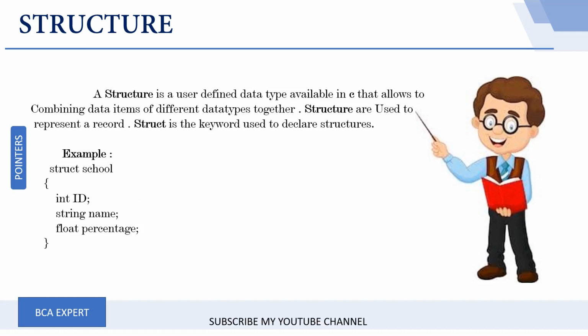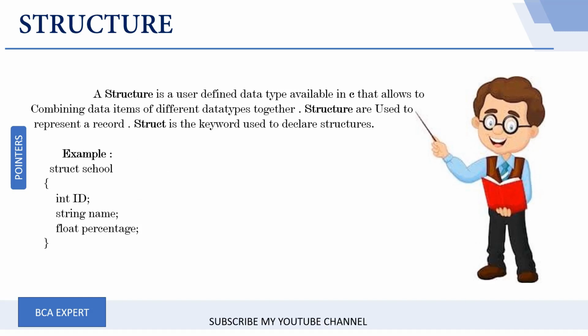For example, if you consider an array or a list, you can only store elements of a specific data type, because it will not allow you to store elements of different data types. But what if you had to store a database of a school which has different data types? For example, roll number will be integer, marks will be float, and name will be string. In that case, you cannot use arrays, or even lists. The only available options are a structure or a union.